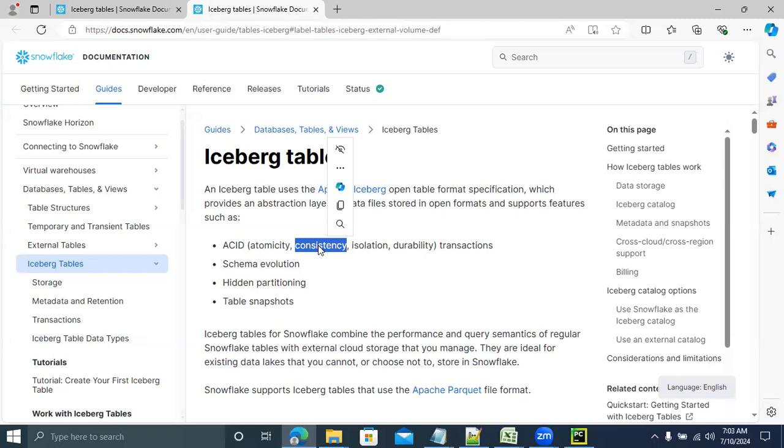Guys, don't get confused. Automatically, what will happen? All will be treated as a single unit. If one transaction fails, everything will get rolled back. This is nothing but all bank accounts will have the same money before and after the transaction. If a transfer operation is performed, the total balance should reflect this change accurately. If I'm depositing 10,000 rupees, a withdrawal should happen of 10,000 for me, and a credit of 10,000 should happen for Anand. This is how it works. That's why we are maintaining the data integrity.